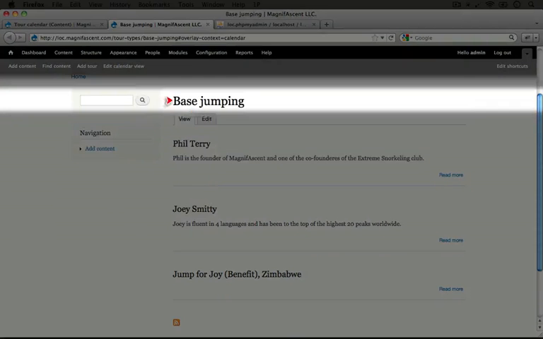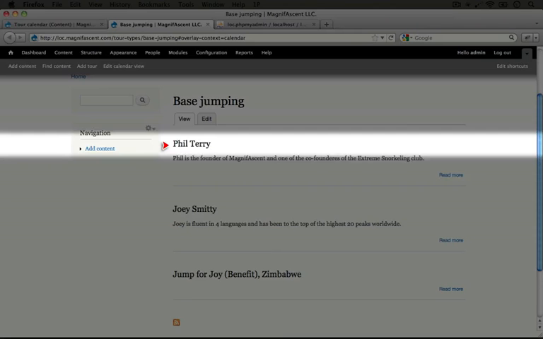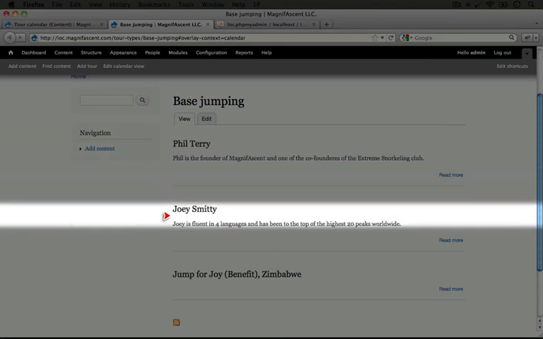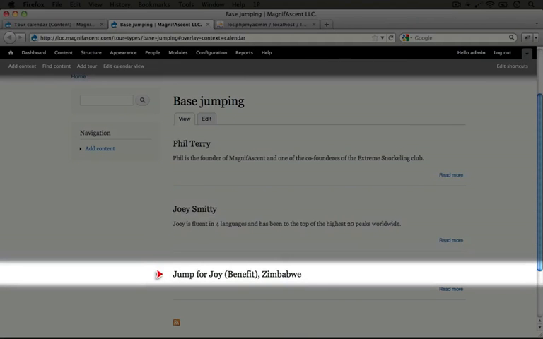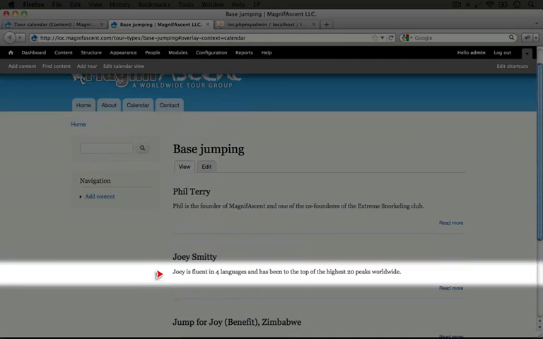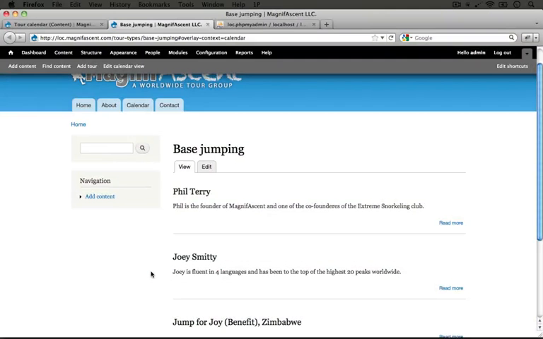Okay, we see here that we have base jumping as the title. We have Phil Terry, which is a guide, Joe Smitty, which is a guide, and then Jump for Joy, which is a tour. And all of these are displaying on one page. So this is a free content listing that gets created when we use taxonomy to create a vocabulary with terms, and each term is associated with its own page,